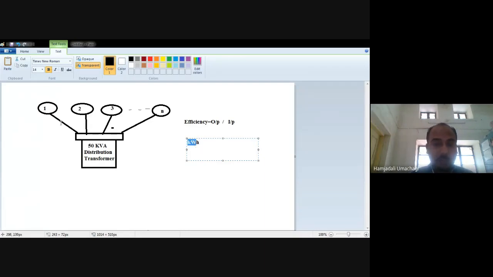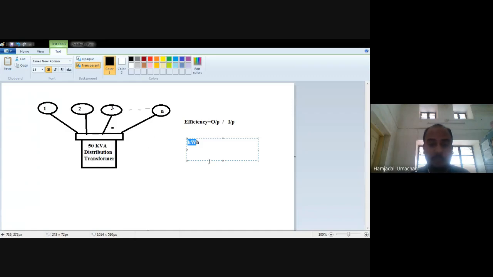This means only power. This power will be constant throughout. But now the first consumer may use it during evening time to morning 6 a.m. The second consumer may use it on an average in 24 hours of a day for 15 hours. So now if I consider the time interval, that is hours, then that will give the exact power, the exact energy that is delivered by this transformer to these consumers.